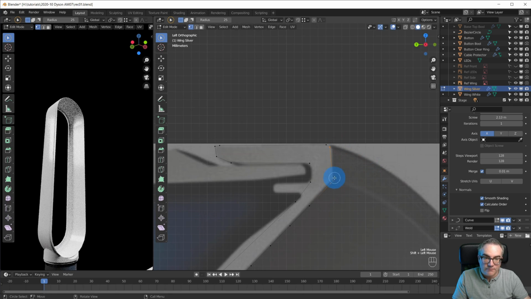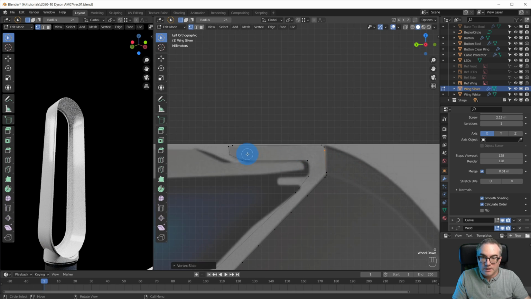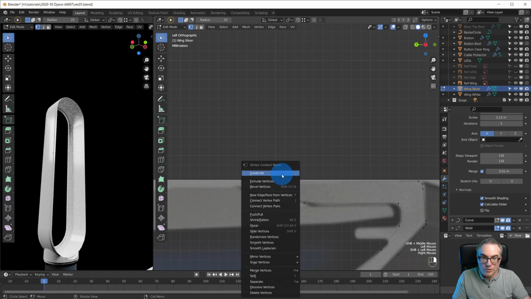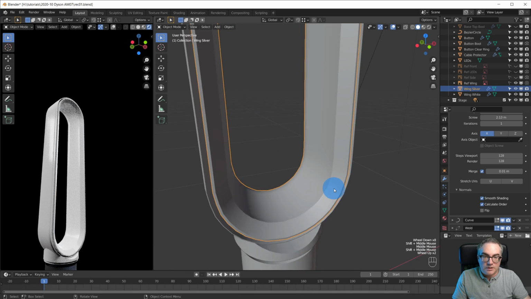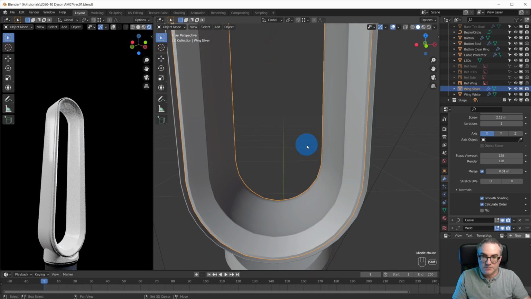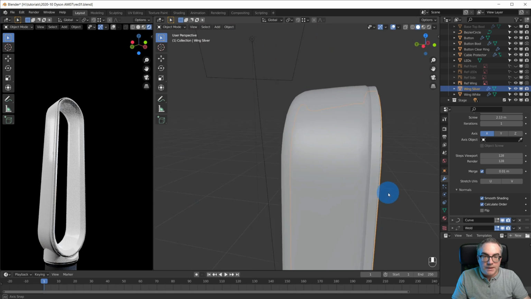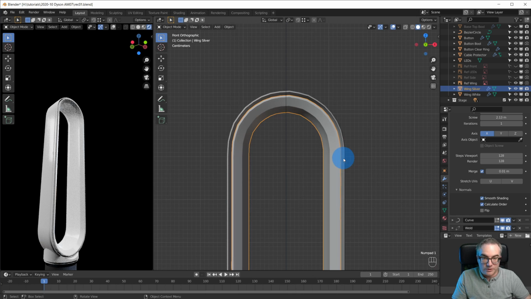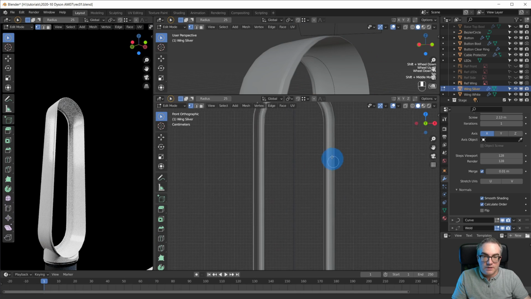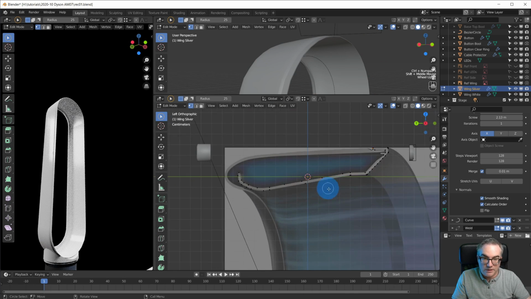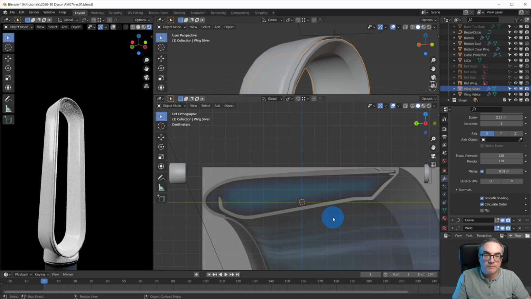Maybe subdivide again and bring that one up. Let's see what that looks like. So since I'd copied the other object, we should already have the rotation and everything, or the curve. And we get this piece, which is cool, but of course they need to be closer to each other. So let's split the view here. Check this out. Go into edit mode down here, select it all. Bring that up as well,